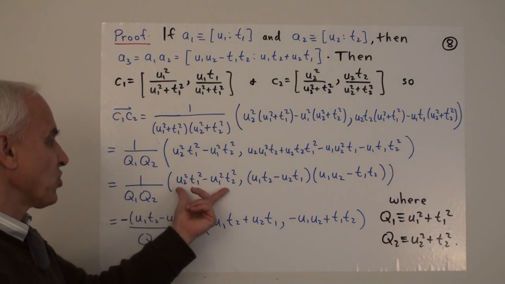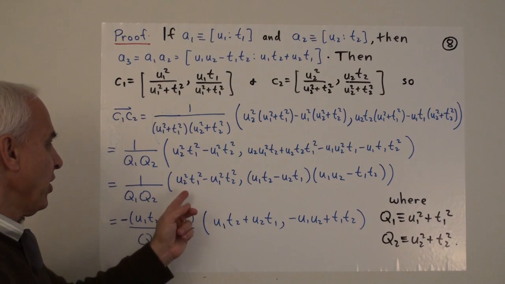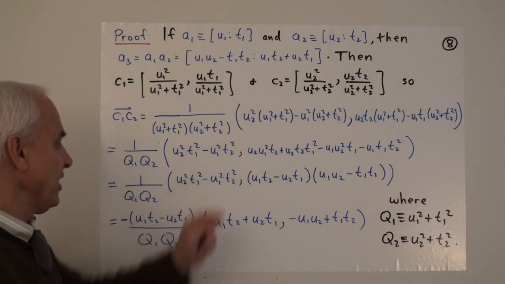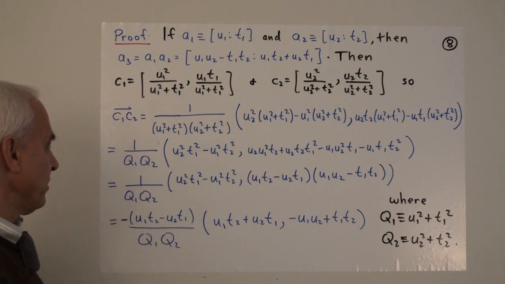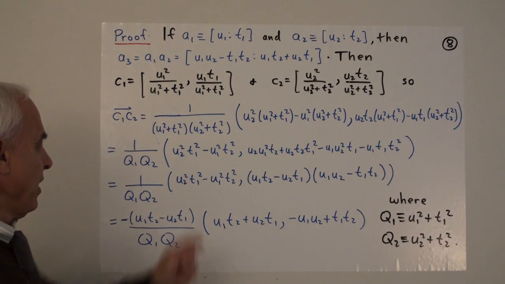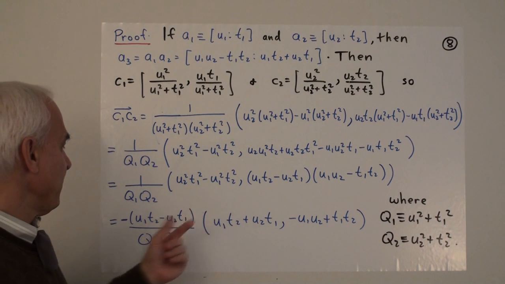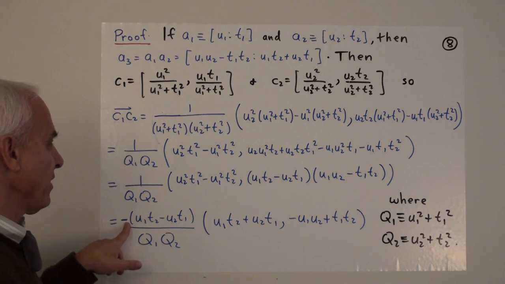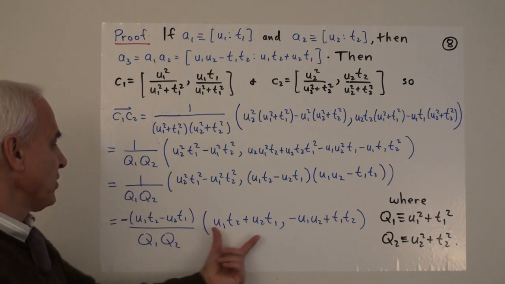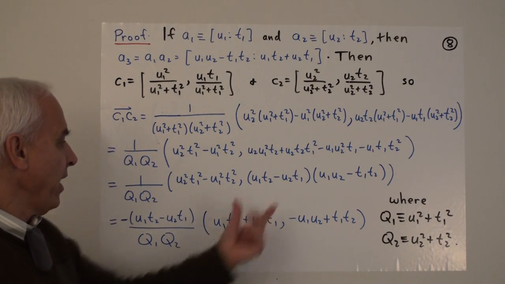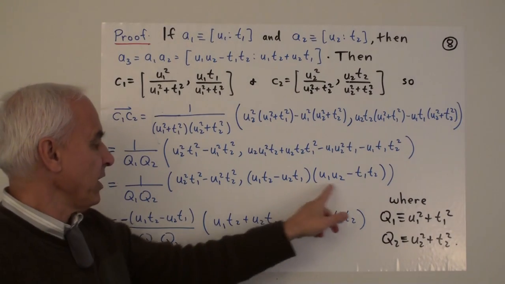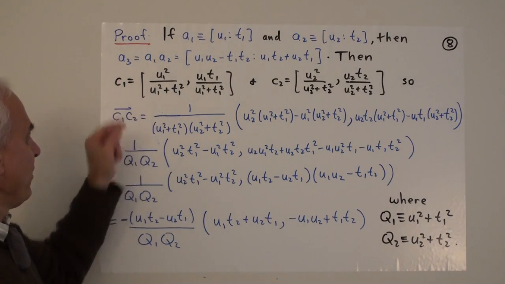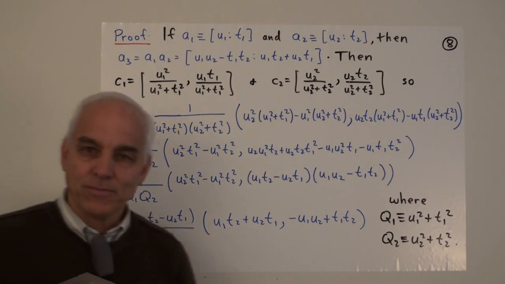All right, this is a difference of squares, so it has also a factor U2 T1 minus U1 T2, which we can pull out with a minus sign. So we'll pull out this U1 T2 minus U2 T1 with a minus sign, and then the other difference of squares factor is that one there. And after we've taken this thing out with a minus sign, we're left with negative of this. So that's an expression for the vector from C1 to C2.